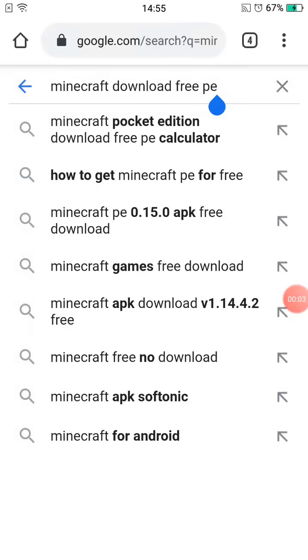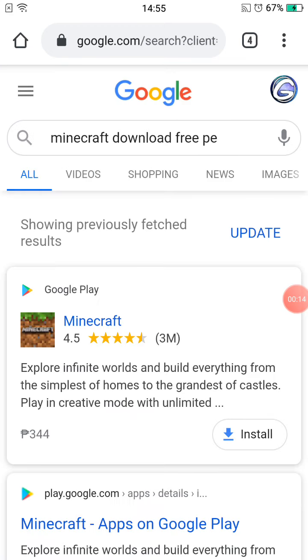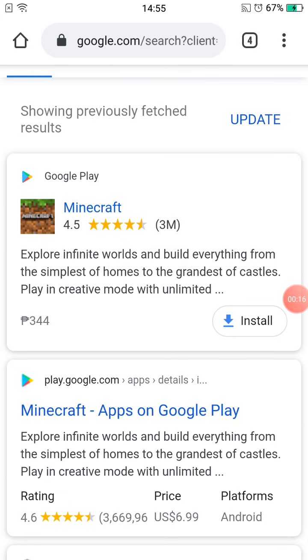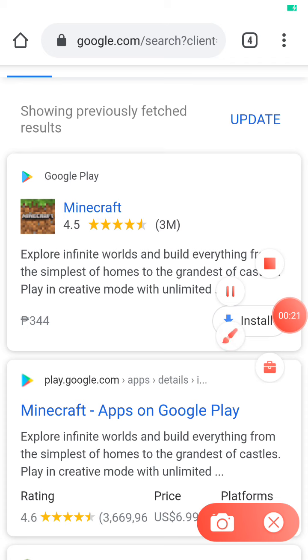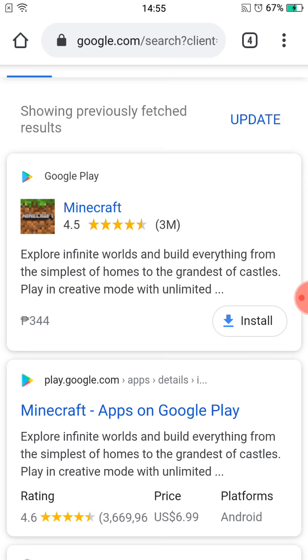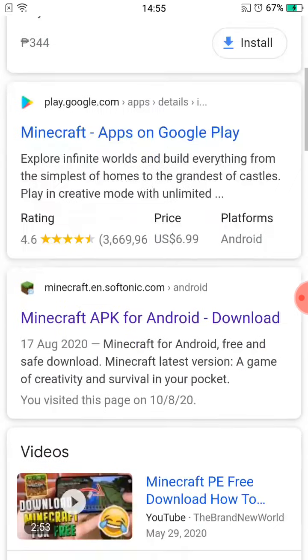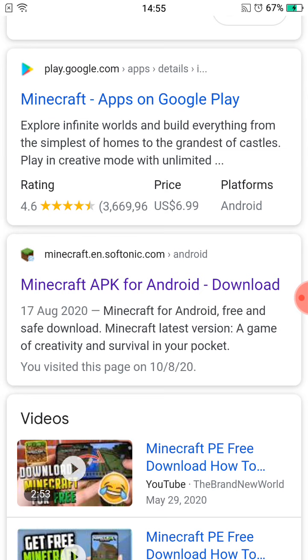So today I will be teaching you how to download Minecraft for free. First of all, you need to search "Minecraft download free PE". After that, you need to press search, and as you can see here, you need money to get it, but there's an easy solution. So you need to scroll down, and as you can see, there's a Minecraft and